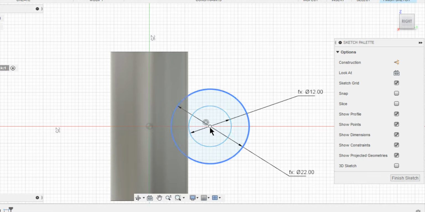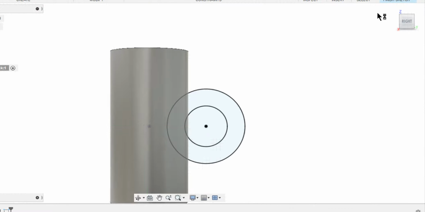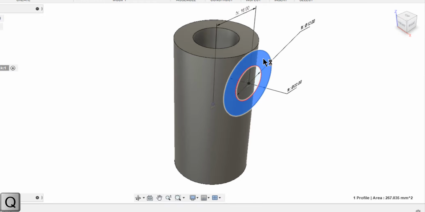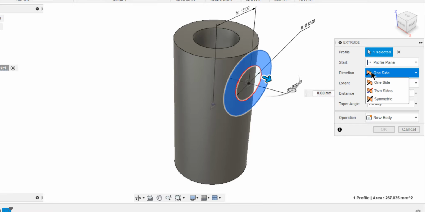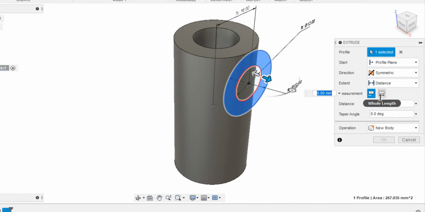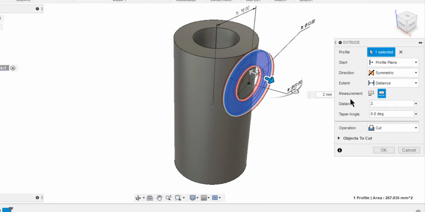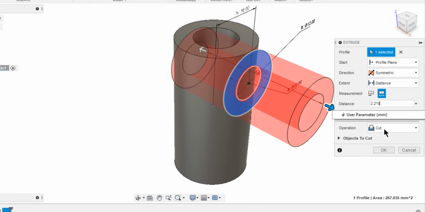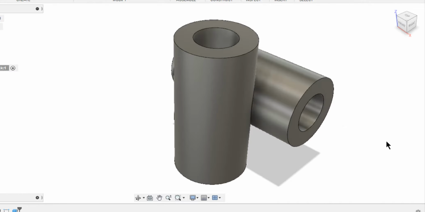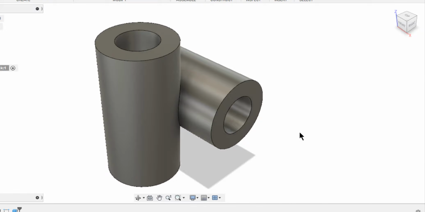I want this point to be horizontal about origin. The distance between them be 0.8 times d. Q on the keyboard. Select this point and change the direction to symmetric and measure the whole length. The extrude distance be 2.2 times d. Change the operation to join and let go.